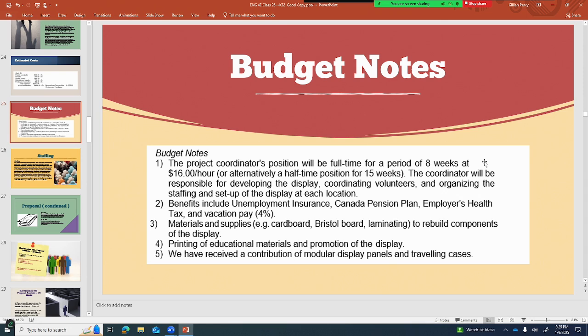Benefits would include unemployment insurance, the Canada Pension Plan, employer's health tax, and vacation pay. Number 3, materials and supplies, cardboard, Bristol board, laminating to rebuild components of the display. Number 4, printing of educational materials and promotion of the display. Number 5, we have received a contribution of modular display panels and traveling cases.